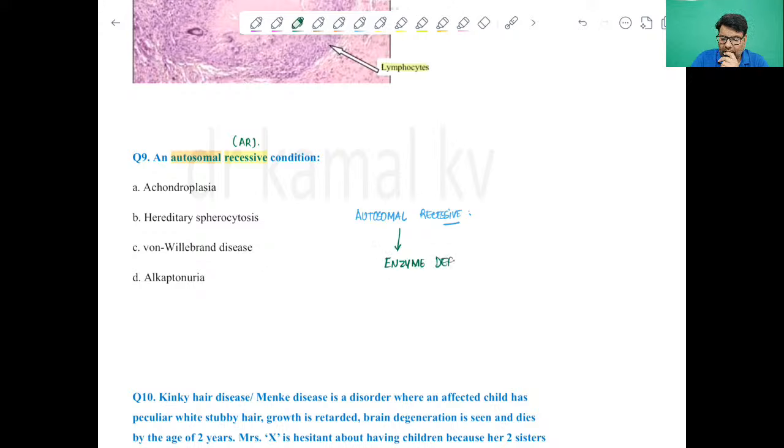Clear? Mainly enzyme deficiencies. So if you know any condition in which there is an enzyme deficiency, I think most of you must have read in biochemistry about this. So if you see any condition in which there is enzyme deficiency, you can go with autosomal recessive pattern of